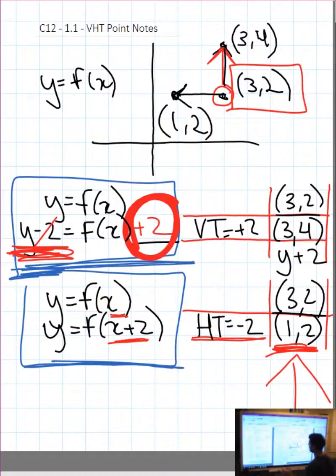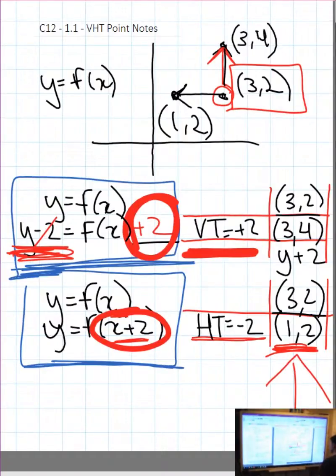Do exactly what you see outside of the brackets on the right-hand side to the y value. And that makes the y values do a vertical translation up 2. Now the second sentence says, do the opposite of what you see inside of the bracket to the x value